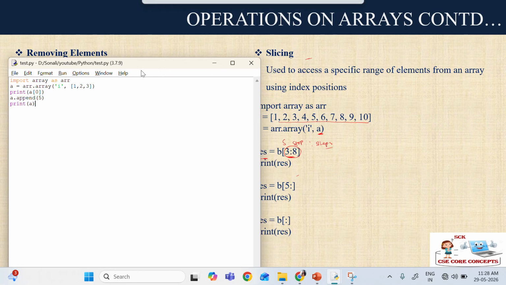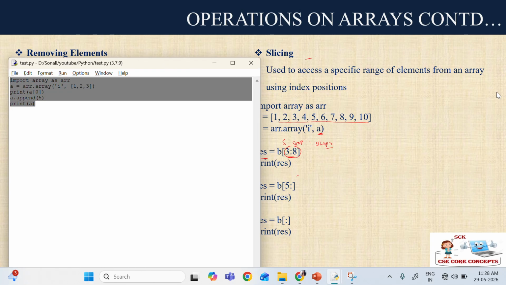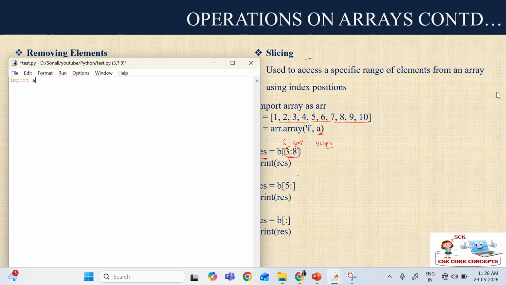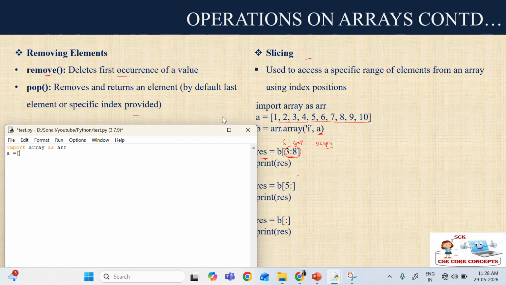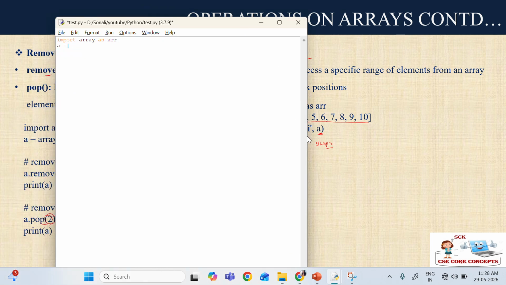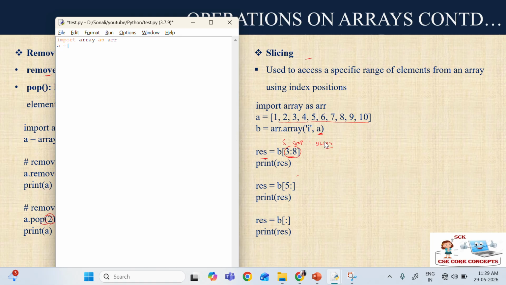So let us say I have an array. I am saying import array as ARR. I am declaring one array, just a list only. You have just declared some values, right? And then you have converted it into an array type.